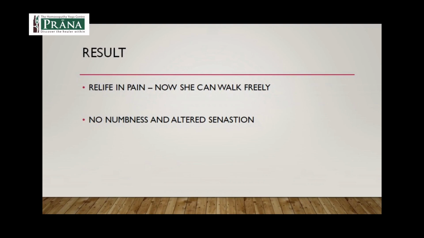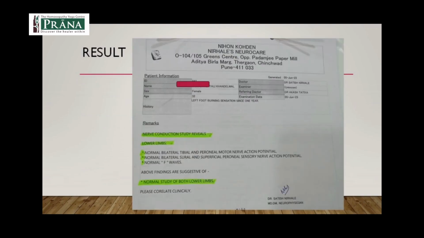The result is relief in pain. There is no pain now, she can walk freely, no pain on standing or walking, no numbness, no altered sensation. The numbness and sensations have improved, and you can see in the report that now there is no neuropathy. The report is absolutely normal. So we could reverse the neuropathy